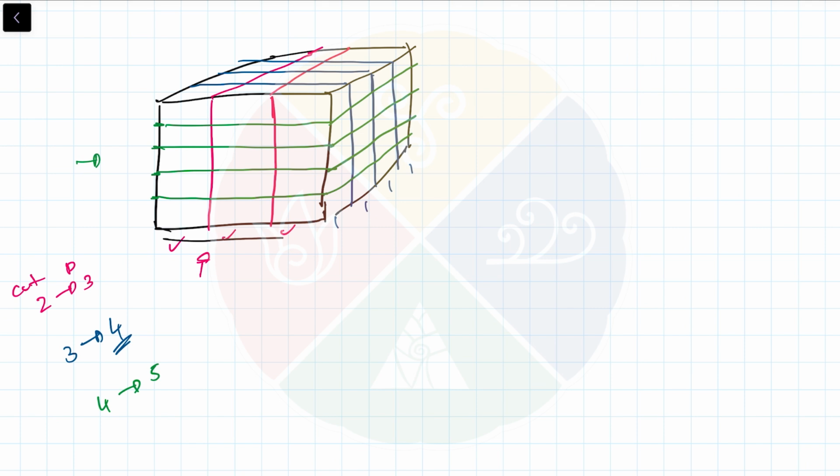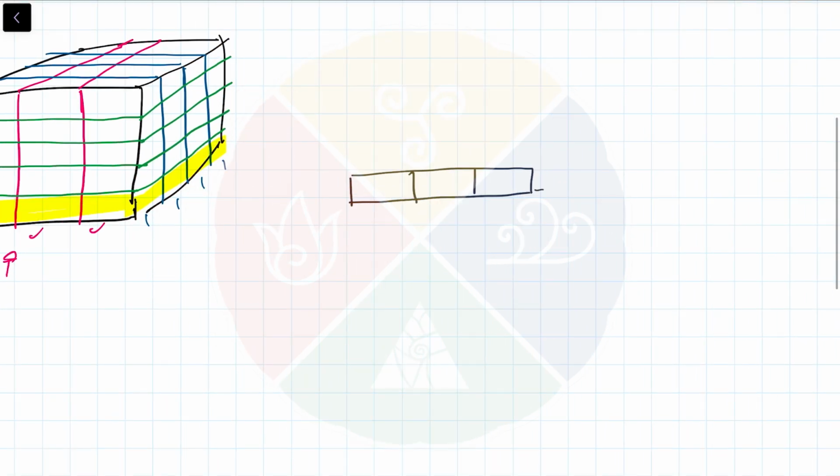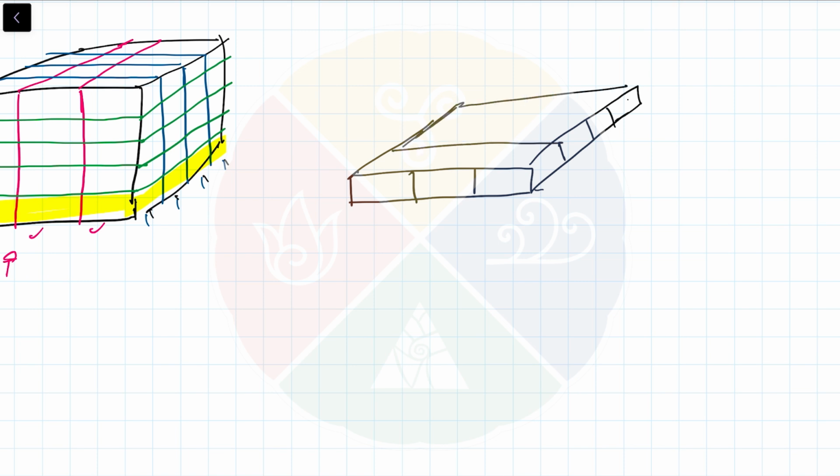If you just take the bottom layer, that means this layer, you will find that layer will look something like this. Each side will be having 1, 2, 3 pieces, and this side will be having 1, 2, 3, 4 pieces. And if you combine them,